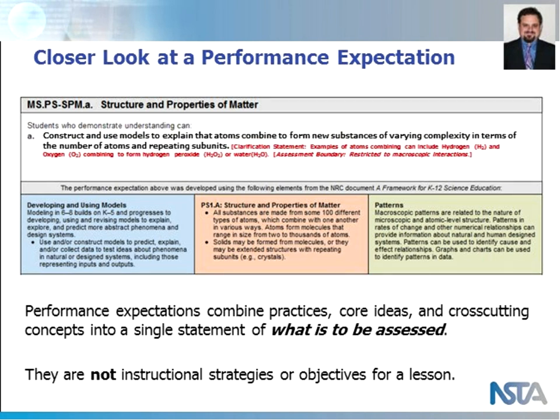So the way to look at this is to think about the current assessments in the current state of science education in the country. No Child Left Behind currently requires science to be tested once in elementary school, once in middle school, and once in high school. It's supposed to check what students understand about the science standards that exist in that state. So if a given state took the Next Generation Science Standards and made them their state science standards, they would be expected to assess their students once in elementary, once in middle, and once in high school.